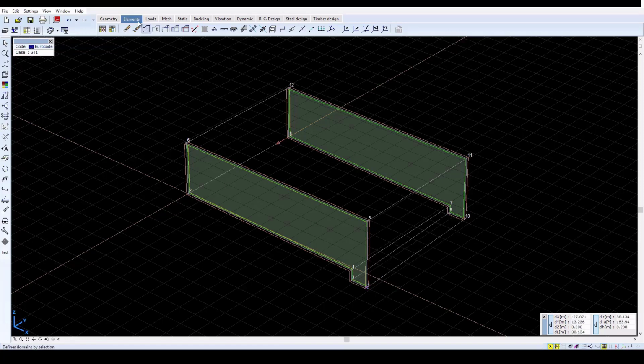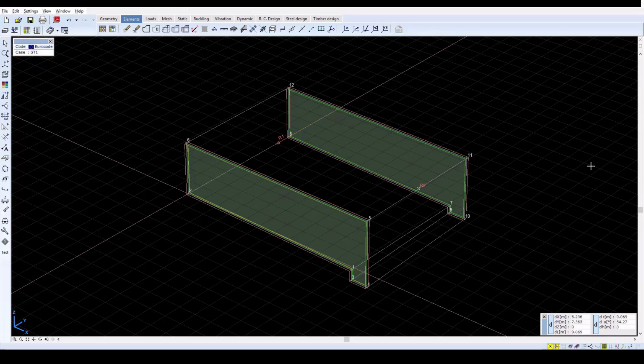In this example, a reference point will be used to define the orientation of the local z direction of the domains, and a reference plane will be used to define the x and y axes. Click on the reference point icon on the Elements tab, and click on the center point of the line between nodes 5 and 11. Then press Escape to exit the function. Now, in the Numbering Speed button, check the reference box. An R2 label will appear over the new reference point.